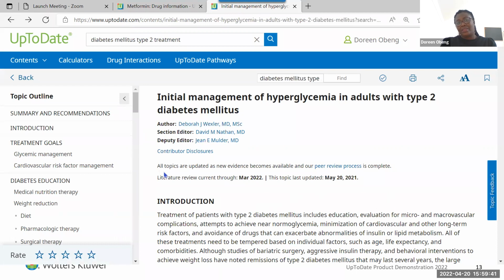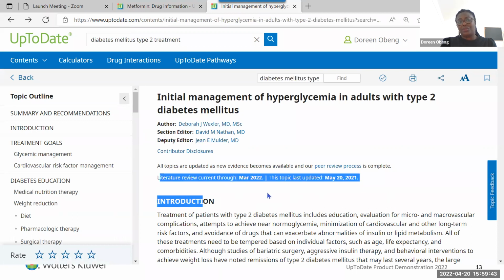Underneath the contributors, there are two very important dates, as you can see here, one on the left side and one on the right side. What these dates mean is the left date is the date that all the literature and references that are being used to put the topic together are updated. So we have a checklist